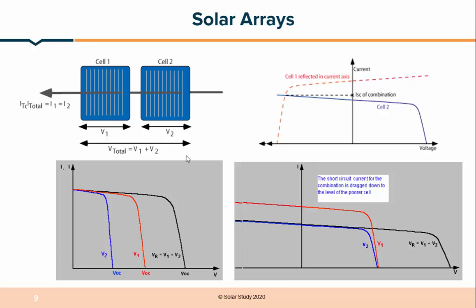So we clearly see in this image, one cell producing V2, another cell producing V1. So total voltage will be V1 plus V2, but both the currents are same. So I will get almost the same current, but voltage will add up. So the same in this case also. One is voltage with the higher current, one voltage with the lower current.